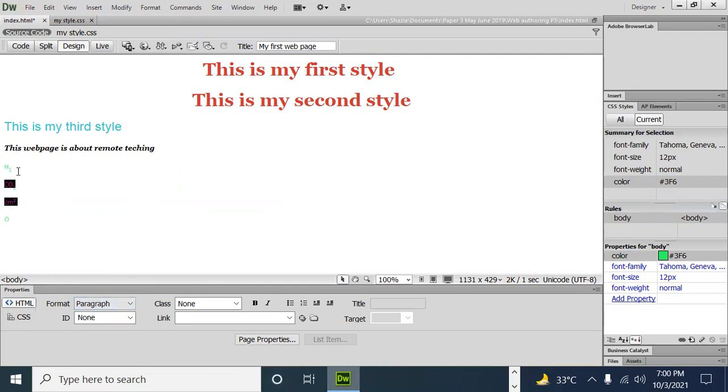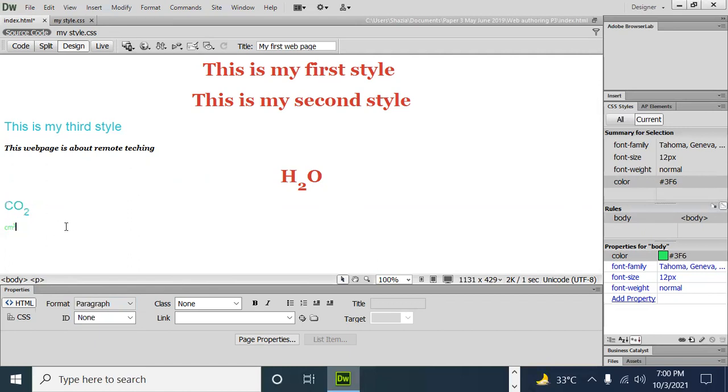So just go and select this, select this, and use heading 1. Okay. So now heading 2.